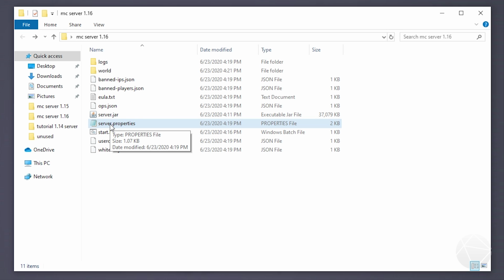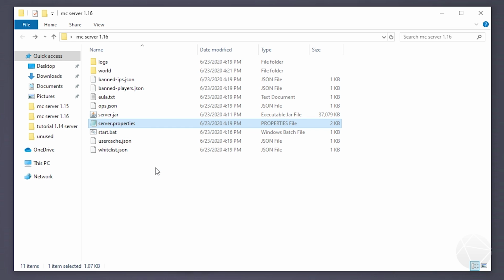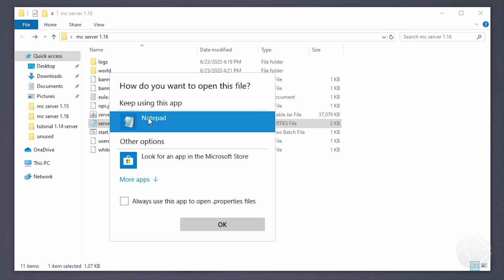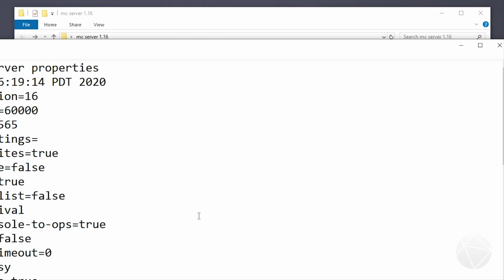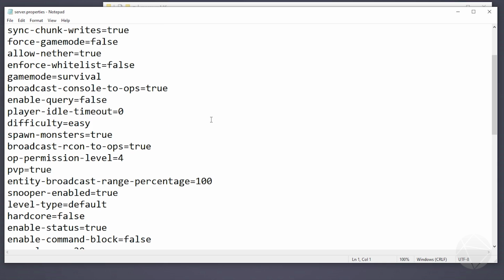I'm going to explain real quick how to do that. You would right click on it, okay? And then you would go open with. And you would find Notepad in this list and hit OK. It's that simple, guys. Alright, now that you have your server properties open, you can go and tweak all the